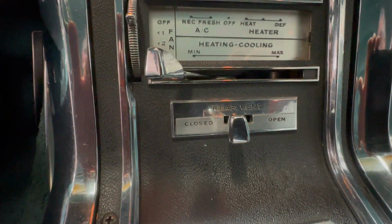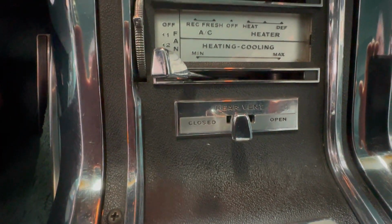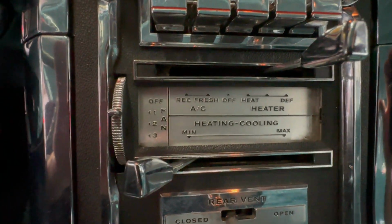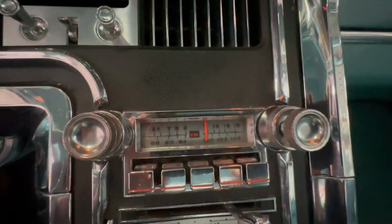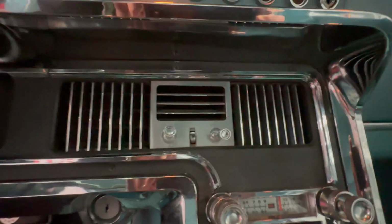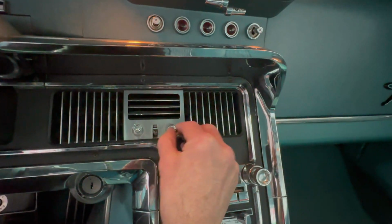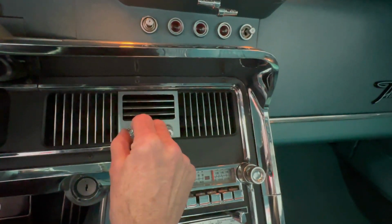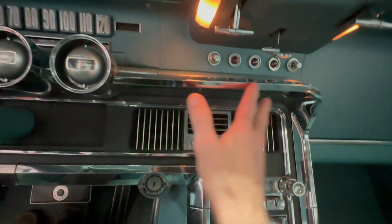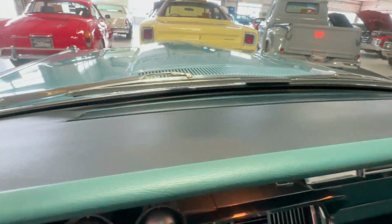And here we've got our vent for the rear. I mentioned before there was that rear vent back there behind the rear window. That's what that's for. HVAC controls, and it does have nice cold AC. We will turn that on shortly. An original AM/FM push button factory stereo. These really nice vents here in the center of the dash. They've got toggle controls that work just as they should. You can see they move all the blades. And this one goes up and down. And it's really nice. And the way the chrome comes up and flows across the dash is just very, very pretty. The main dash itself, crack-free,